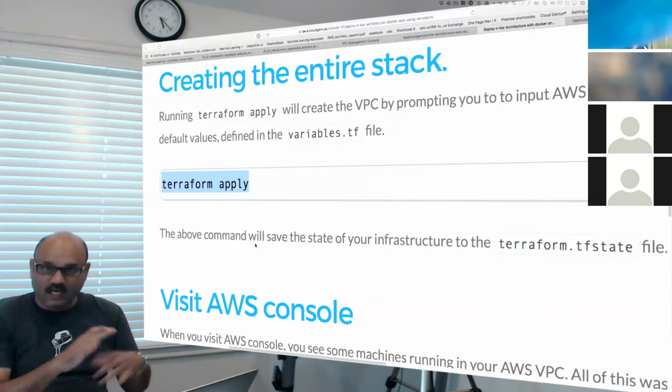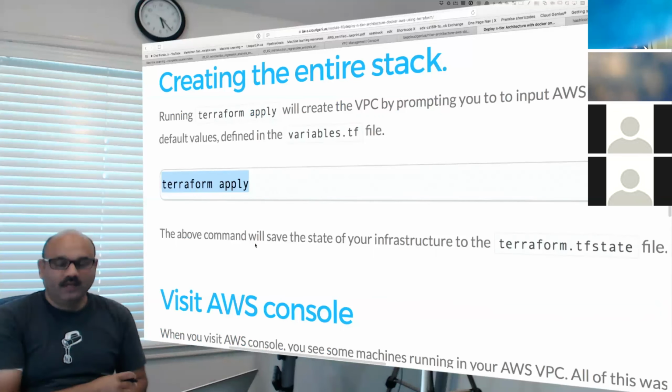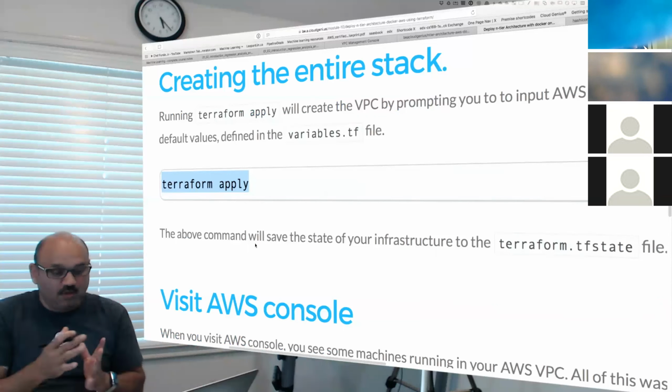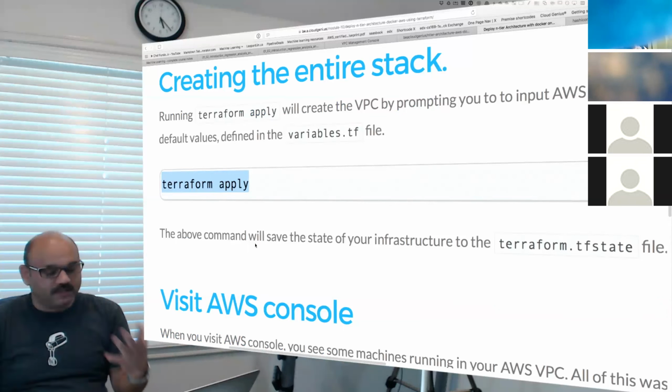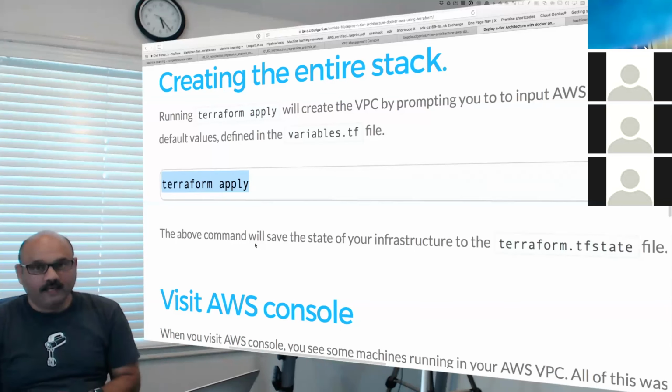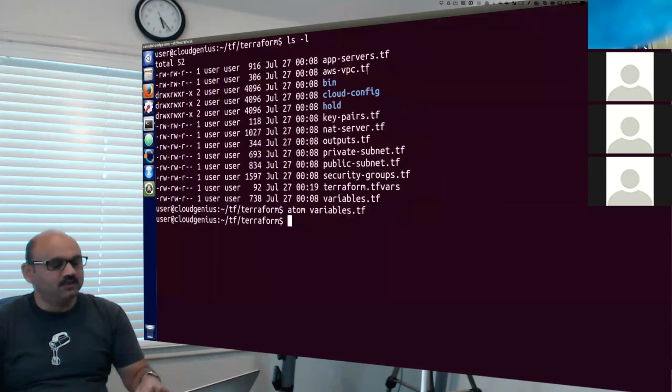We'll create the whole thing, and then I will destroy the whole thing, and then do it step by step, item by item, so you will understand what's going on. How do you automate? How do you make it even more elaborate and customize it to your needs? But this is basically a representation of what we have already done through manual steps. So I do not want to go slow, but actually run the whole thing in one shot to give you a quick feel of what it contains. Then we'll destroy the whole thing, and then we'll create it the next time, one line of code at a time, so you will really understand what these files actually do.